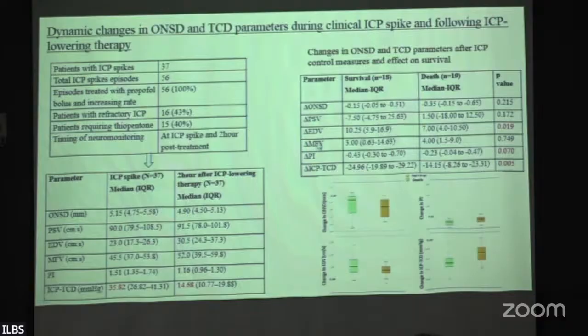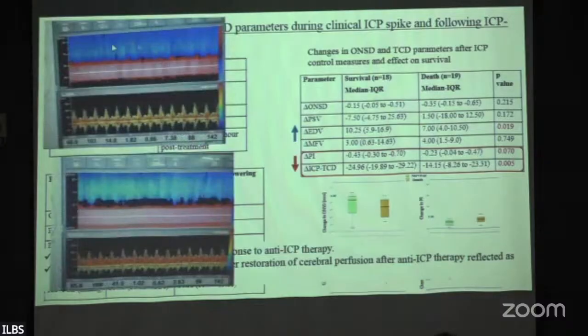We also checked the delta change in ONSD and TCD parameters with ICP measures and compared that with survival. Those who survived had a significant reduction in the ONSD, significant reduction in the PI and ICP-TCD, and an increment in the end diastolic velocity. And this is an example of a patient where we did TCD at the ICP spike, where we can see lower end diastolic velocities and higher PI value. And after 2 hours, we show